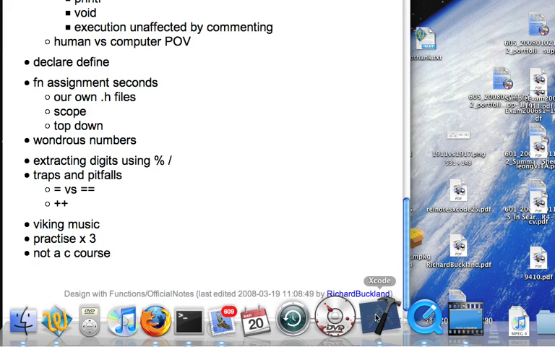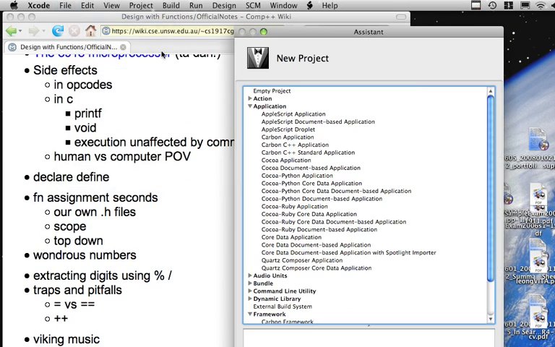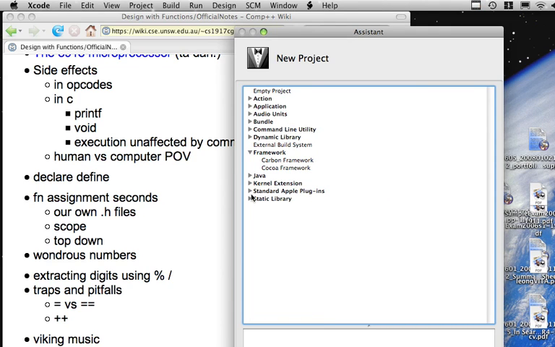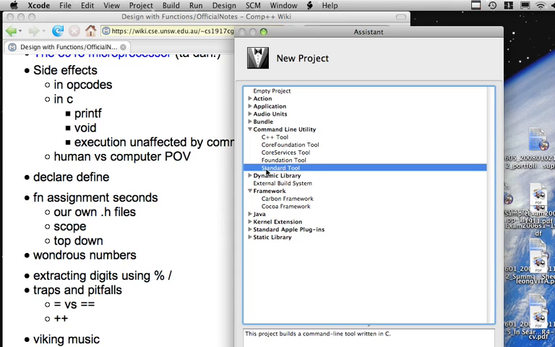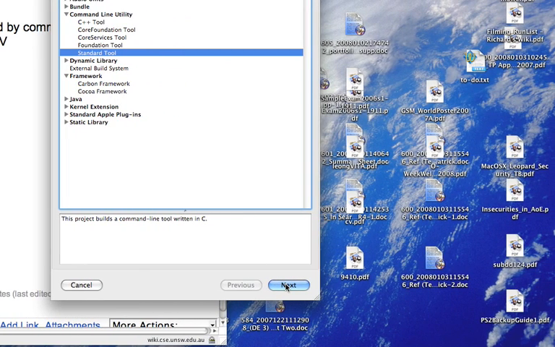So I'll just start Xcode. It looks like this with this hammer. Now it's started, and I'll say File, New Project, and what am I going to make? Command line utility. That's just a basic C thing. A standard tool. That is a command line tool written in C, which means just a standard program with a main, because command line means it's going to invoke something that's expecting a main function, and that's of course what we always talk about. Next,